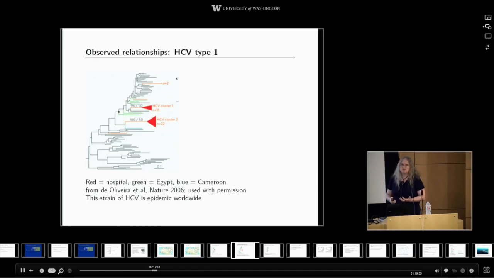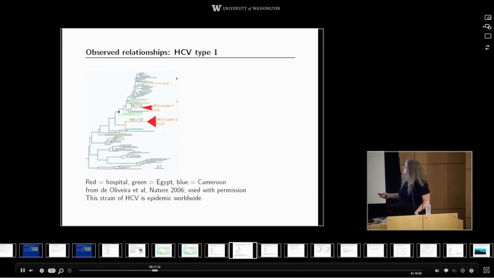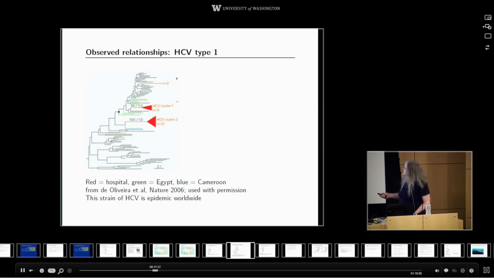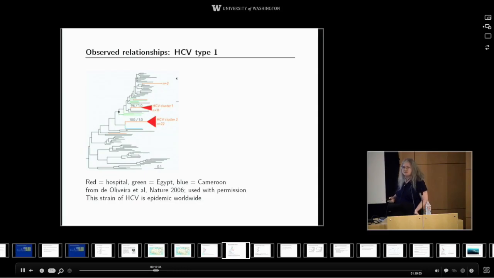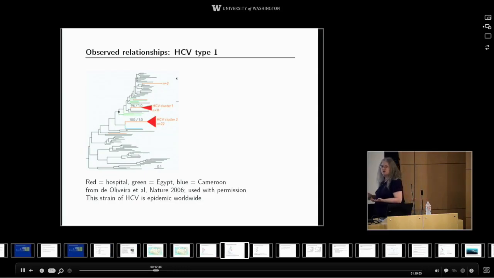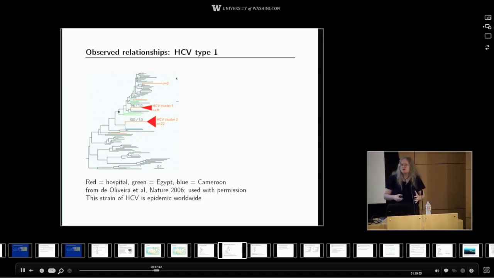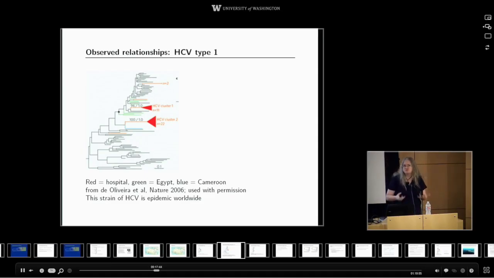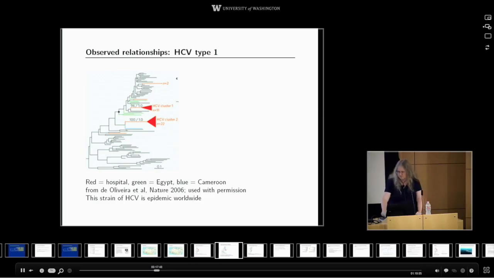Hepatitis C virus comes in several subtypes, more than one of which were found in these children. For subtype 1, we get a very different picture. There were 2 clusters of related viruses in the children, plus some strays here and here. They were related to various sequences, many of them from Africa. This looks more like the picture you would get if you just picked random cases of hepatitis C from the community. They're mixed in with other sequences from the community. They're not forming a single tight cluster in the same way.